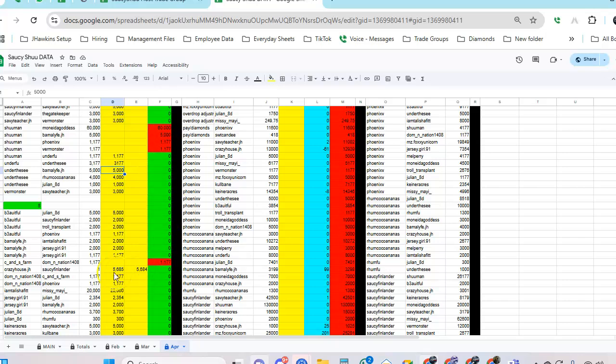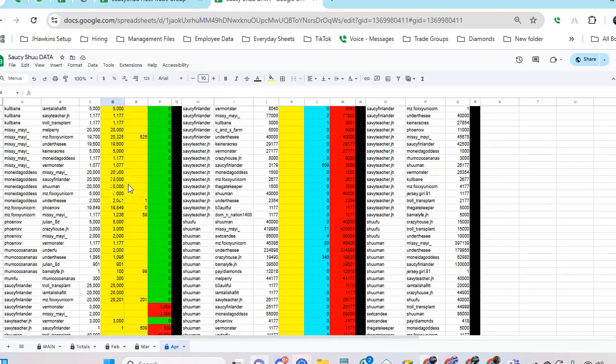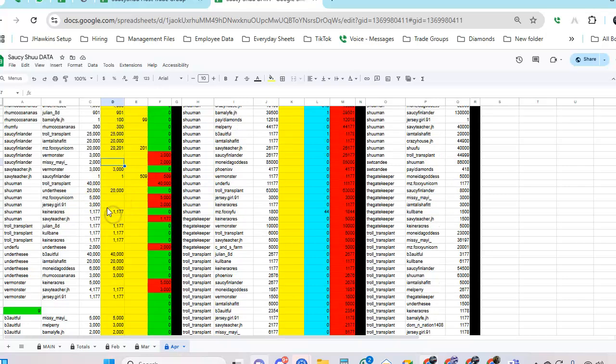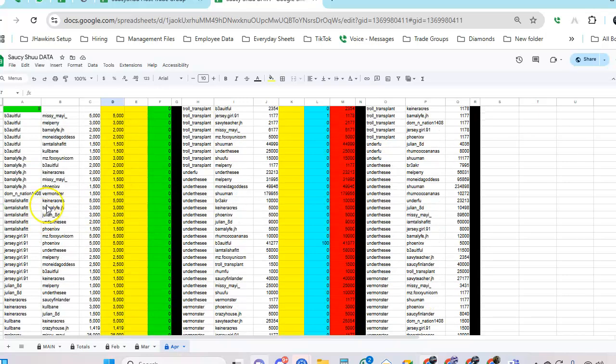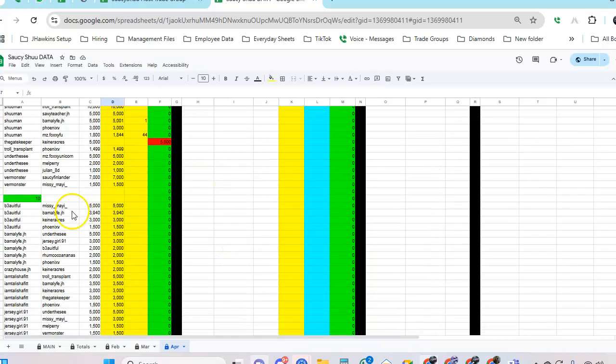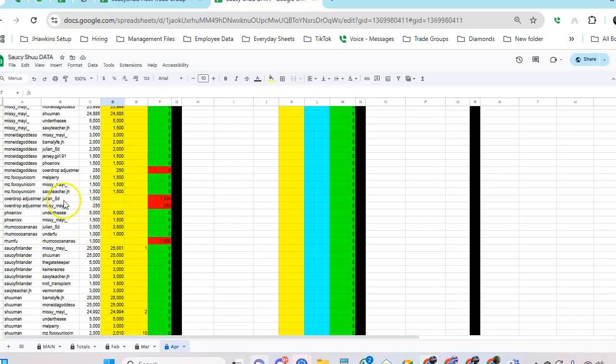But like I said, everything here should be in. Like this person, they need to verify that day. A lot of times, like Saucy missed these two. All this data's got to be done daily. Now, you can check your monthlies. If your monthly is right, then these are right. But the only way, like these overdrop adjustments here, these just need numbers put